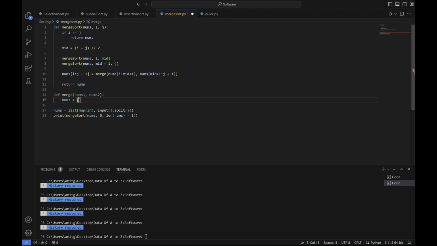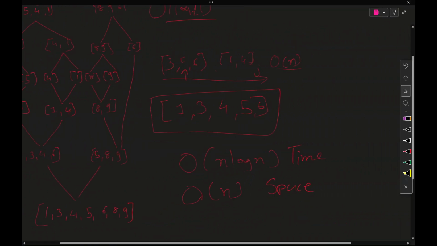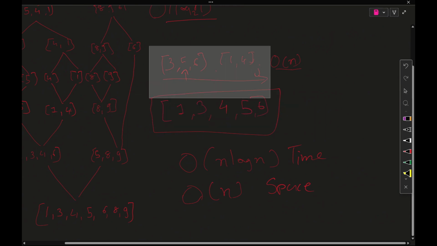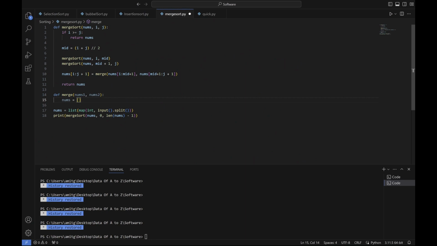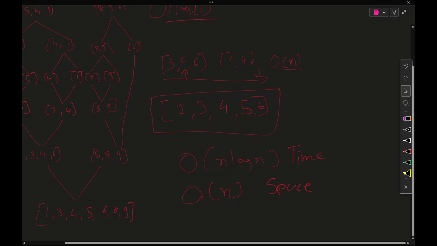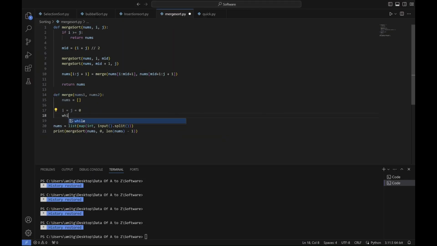So let me call that merged array temp, or let me call it nums. Okay, so nums is our return array. So this is our nums array. Okay, and now we are merging these two arrays. So what we're going to do is let's create two indexes, i equal to j equal to 0. Okay, we have created two indexes, i which will point to the first element,